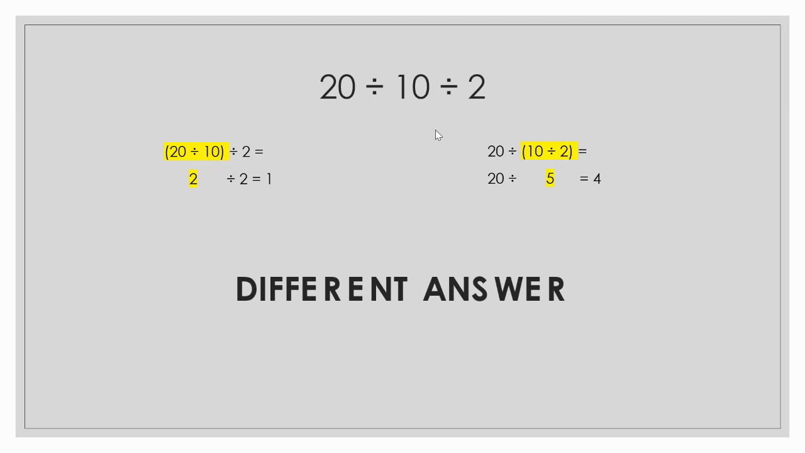The second example uses division. 20 divided by 10 divided by 2. 20 divided by 10 is 2, and 2 divided by 2 is 1. If we group the second and third number together first, so 10 divided by 2, that gives us 5. And 20 divided by 5 is 4. Despite using different groupings, we get different answers, something that didn't happen with the other examples. This is proof that division does not